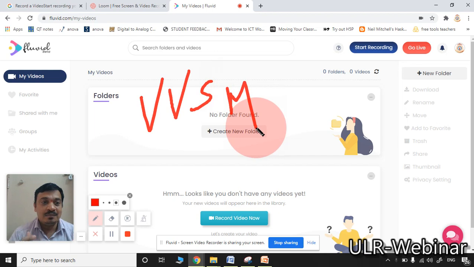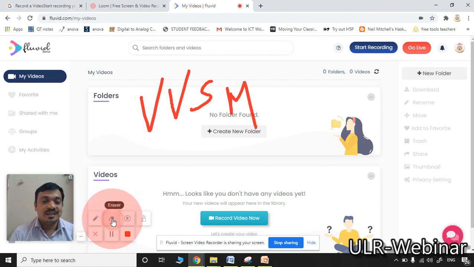If you are having a tablet pen in your hand, comfortably you may add any annotation directly. Even without using Epic Pen software, if you are having a digital pen in your hand, then connect it to the computer and with the help of that particular stylus, write down anything on the screen. That is a direct feature available in this particular tool, Fluvid.